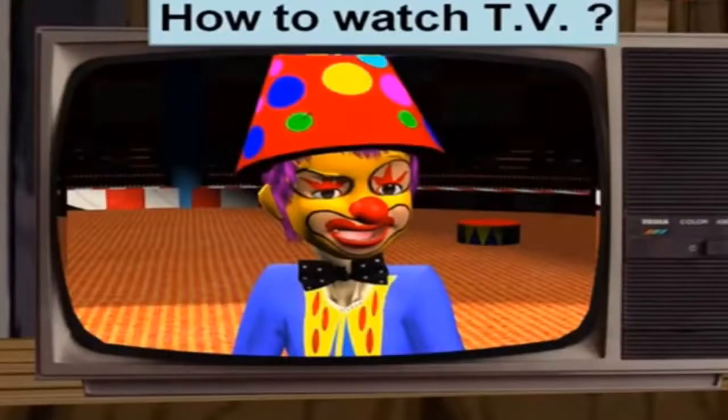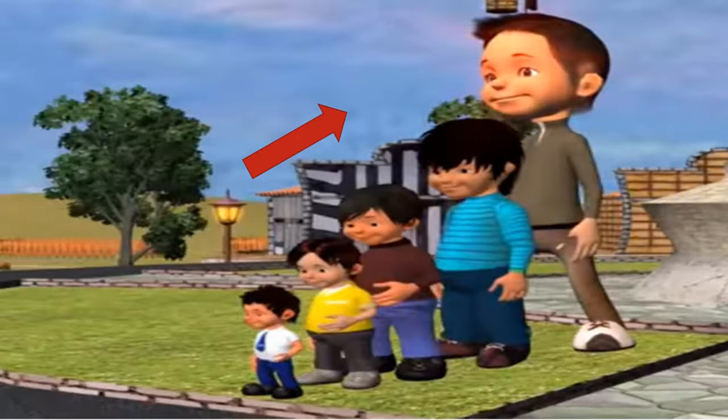Now, if they want to watch the TV standing in a line, one behind the other, how should they stand so that all can watch properly? See here, the children are standing in order of increasing height.